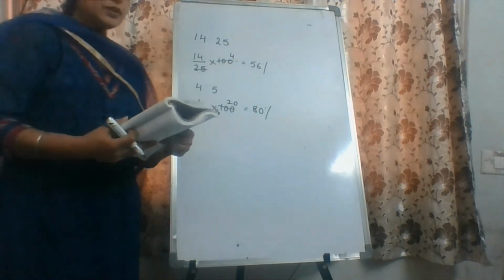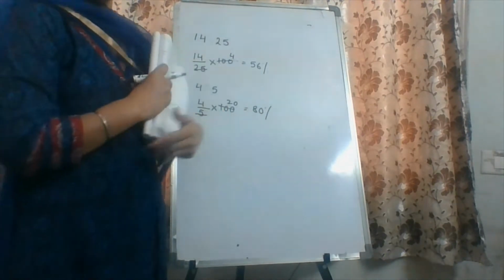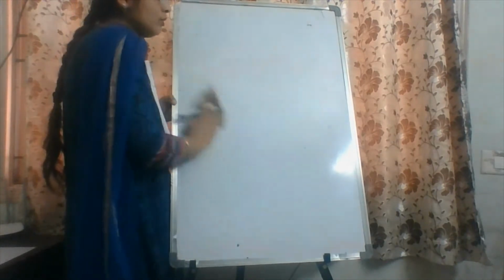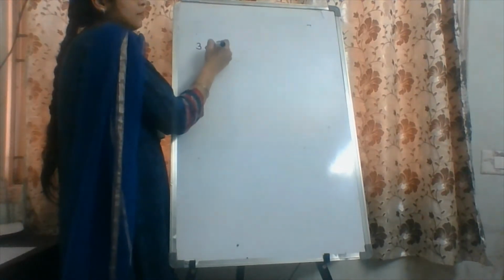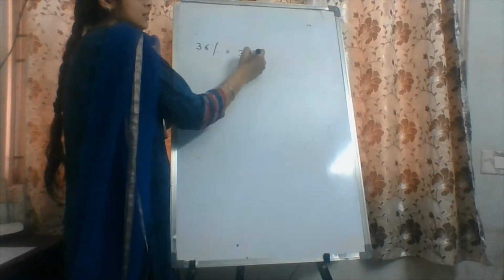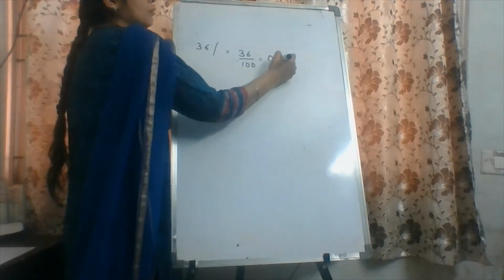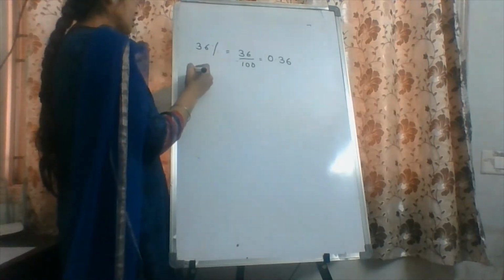Now let us solve the questions. Convert each of the following into decimal fraction. I'm given it as a percentage, and I have to convert it into decimal fraction. 36%. 36% can be written as 36 upon 100. This is equal to 0.36. Similarly,